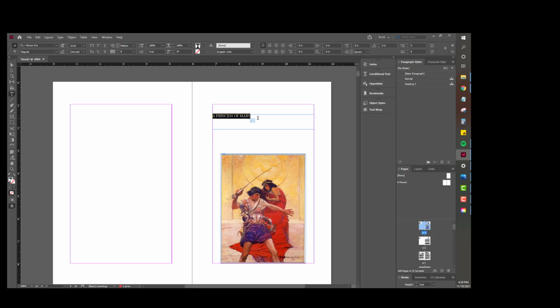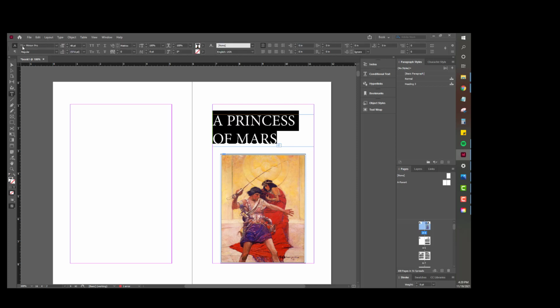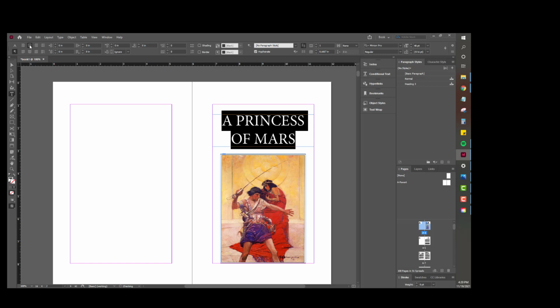So I've got this highlighted, and I'm going to make it larger so I can really see what I'm playing with here. Maybe not that large, because check this out. It's got that What's Next button over here because it wants to know where to put of Mars. But what I could do is click the Select tool, drag this down and make it bigger. All right, so it's over to the left, not beautiful, but if we click on this paragraph formatting tool, then all the other fun stuff like indents and all of these alignments, we're going to click the center,